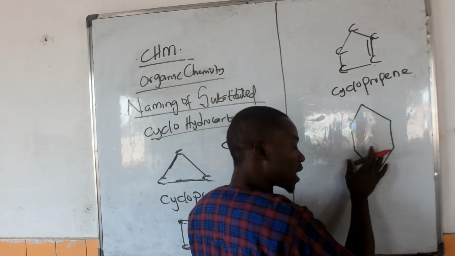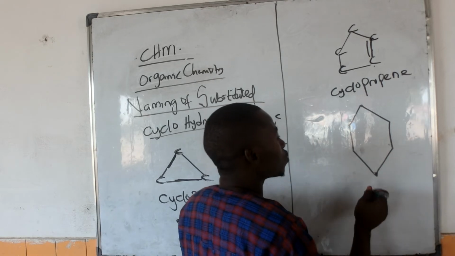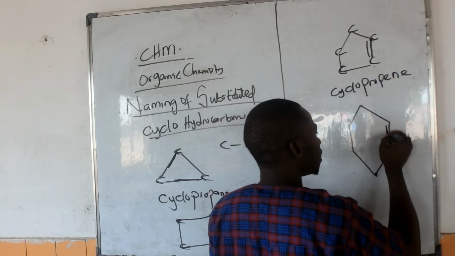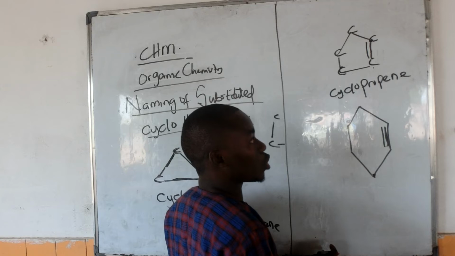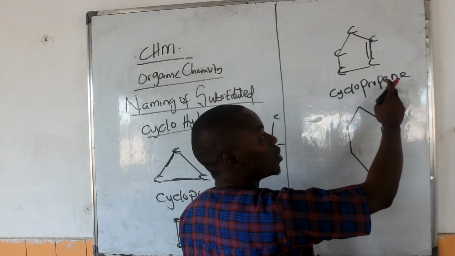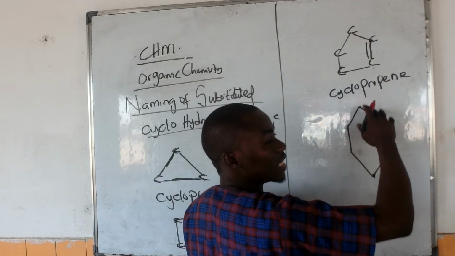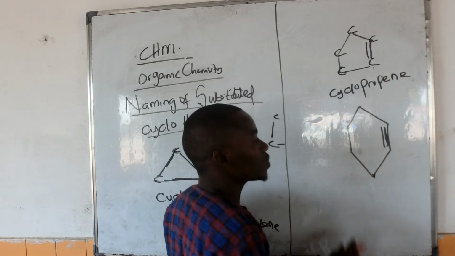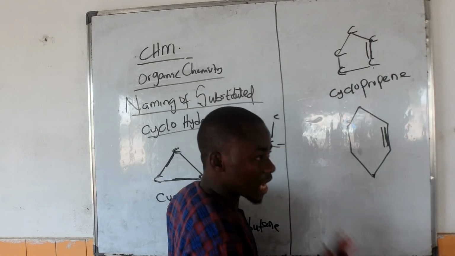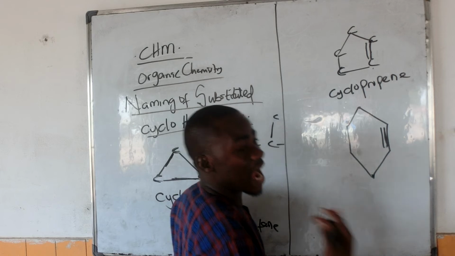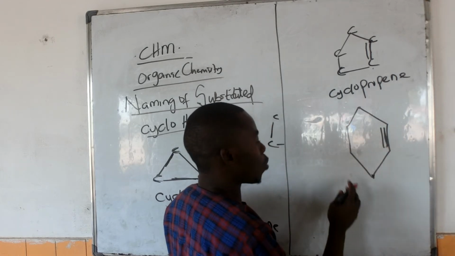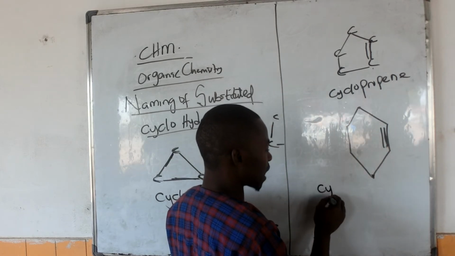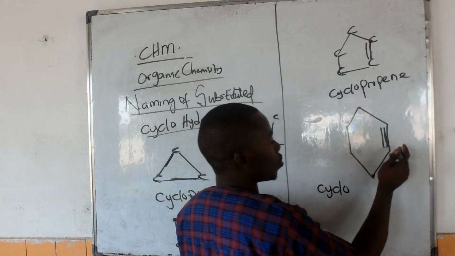Now, generally cyclic compounds are not aromatic. Now let's assume you have this. Now, what do we call it? It's not propane, it's not an alkane generally. It is generally an alkyne because of the triple bond. So what are you going to call it? You call it cyclo